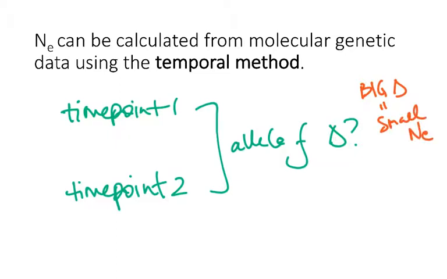If we see, oh, and I should note that the triangle that I'm drawing is how I abbreviate change. I think that's actually a convention. I didn't make that up. I got it from somewhere. And then if we have a small or no change in allele frequency, that means that drift isn't having a strong effect, and so we likely have a large population with a larger effective population size. So that's the overall way that we interpret this type of data.